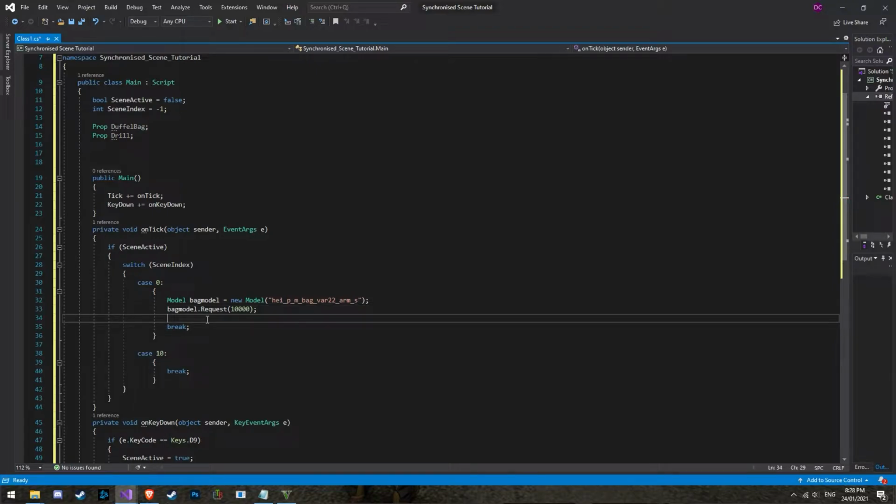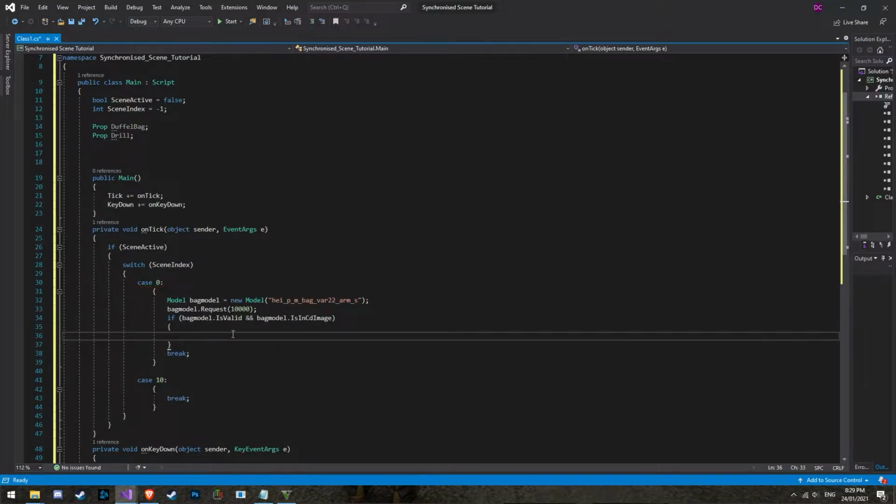Now, to make sure we don't have any errors with this, we'll go if. This is pretty much to make sure that your script won't crash when it comes to loading and spawning models, because that's usually the reason that scripts will crash. So what we want to do is go if bag model dot is valid and bag model dot is in CD image, and then we'll add our brackets, and in here we want to do while bag model does not equal, so exclamation mark, bag model dot is loaded. We'll do script dot